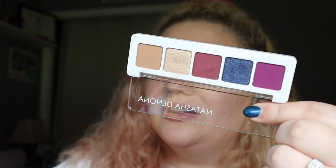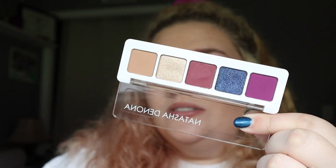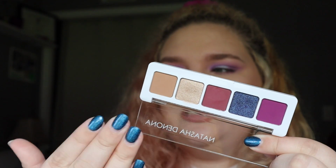I know it's the end of August, beginning of September, but I am ready. I'm over summer. I might have a very bright summer look on, but I'm done. I'm over it. I'm ready for fall. And I think you can wear whatever color eyeshadow you want to wear whenever. Because of that, I also pulled out my Natasha Denona Mini Lila palette. I've only used this one time and I really enjoy it, but I just feel like I need to use